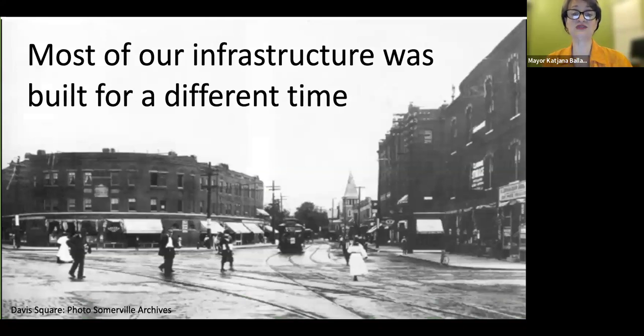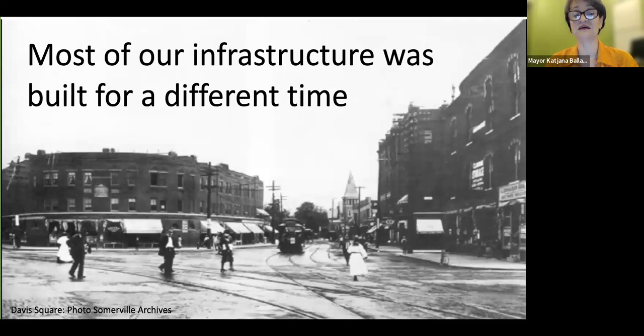And I want to zoom into what it means when we talk about 1.6 million square feet of buildings. 3/4 of that space is in our school buildings. The remaining buildings include city buildings like City Hall, police headquarters, and the parking offices, our libraries, our fire stations, and our athletic structures. And a key thing to note, though, is when was this all built?